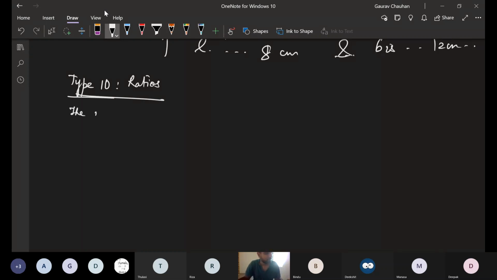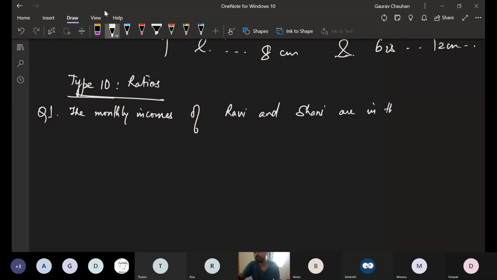Okay, the question is the monthly incomes. Take down the question, I'm writing it. The monthly incomes of Ravi and Shani are in the ratio 8:7, and their